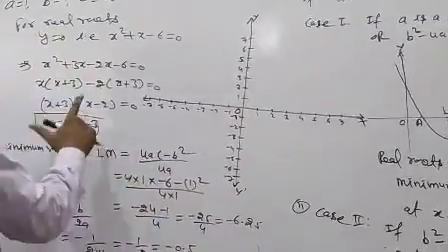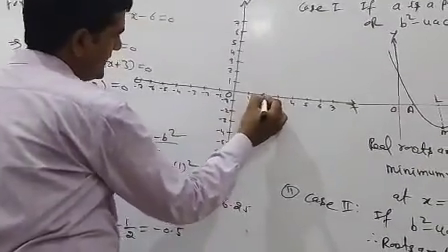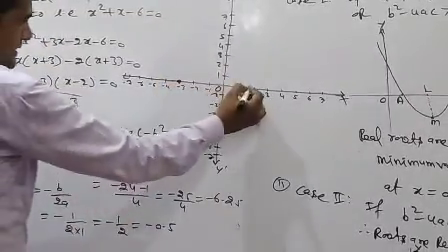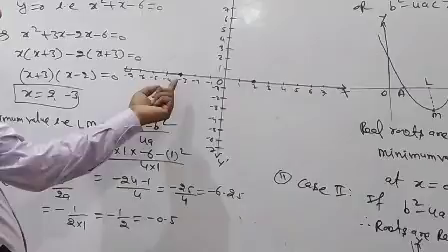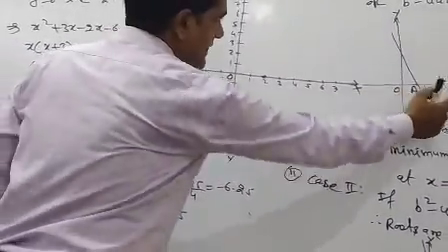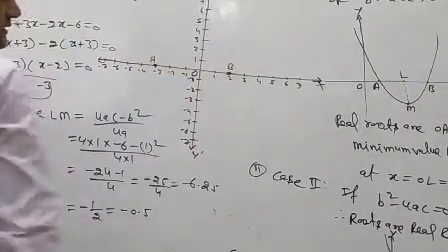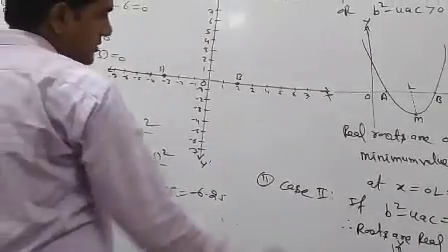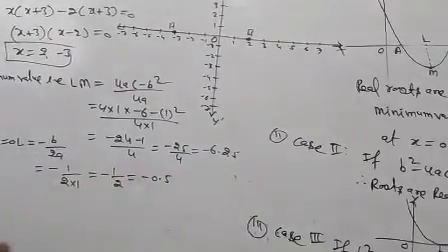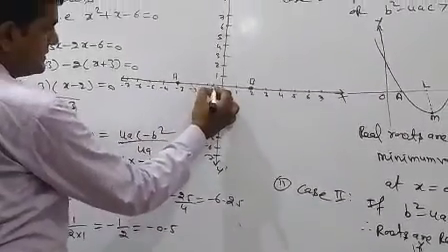Now here, what are the roots? x is equal to 2 and minus 3. 2 and minus 3 means this value comes to this side. Clear? It means the curve passes through minus 3 and plus 2. Good. Suppose this is A and this is B. Clear? Now what is OL? You say OL. OL is equal to minus 0.5. Means here.